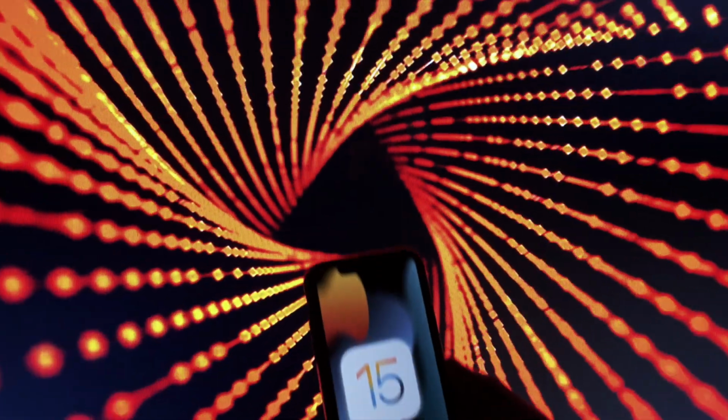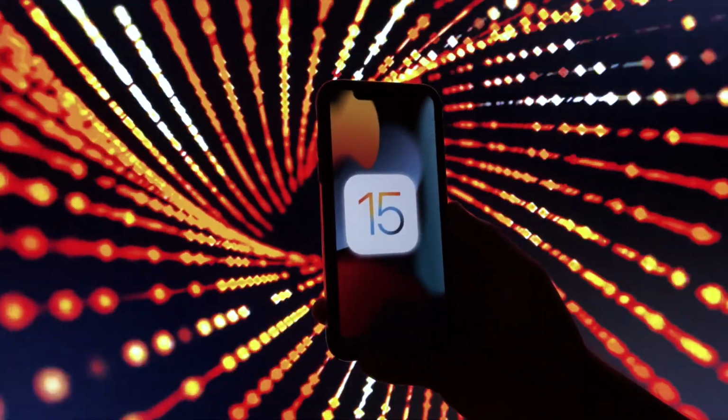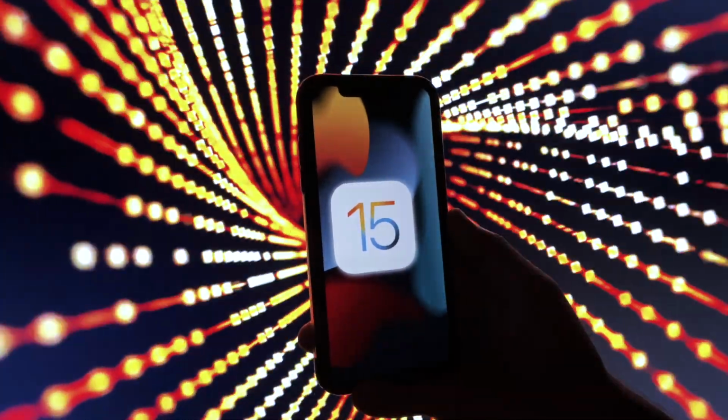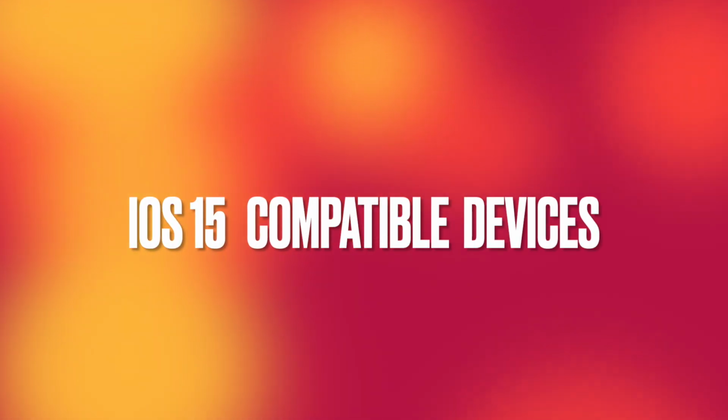Yesterday, Apple released the latest version of iOS, that is iOS 15. So in this video, we'll be showing you guys how to update your iPhone. So let's get into it. The devices that are compatible with iOS 15 are